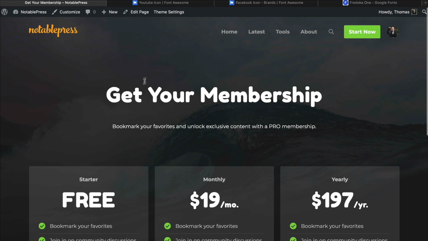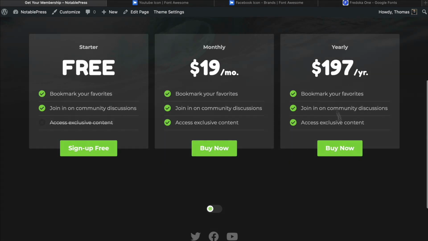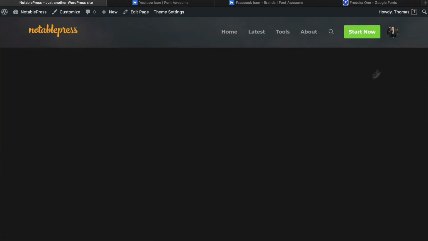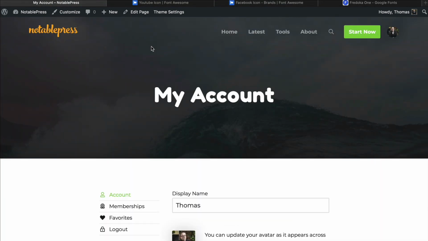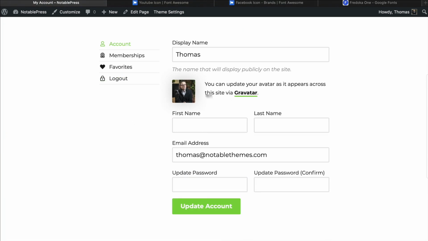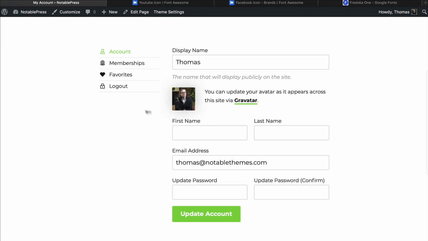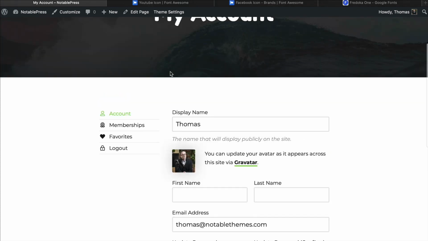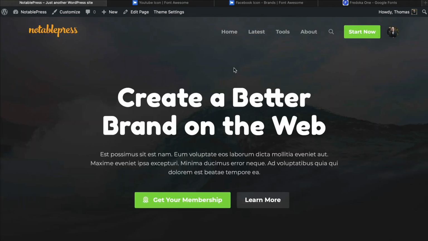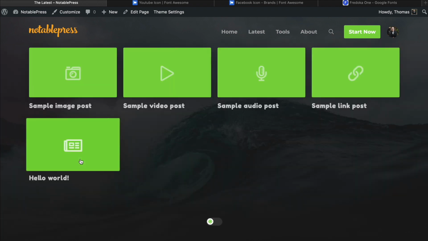Beyond that, it's also automatically set up an account area. Before we get to the account area, you'll see it's got this nice call to action set up as well, which is going to take you to this membership site. And once somebody has created an account, you'll see that it's automatically set them up an account area. It tells them how to change their avatar, first name, last name, email address, update password, and a display name. So when they're leaving comments in the comment section, they'll be able to change how that shows up in your